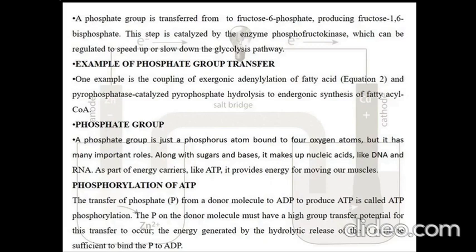One example is the coupling of the adenylation of the fatty acid, which is explained in the previous equation, along with the phosphate group, which is nothing but the phosphorus atom bound to four oxygen atoms, but it has many important roles along with the sugars, bases and the nucleic acids. Now, phosphorylation of ATP, the transfer of the phosphate from the donor molecule of ADP to produce ATP, is called ATP synthesis, and the phosphate on the donor molecule must have always